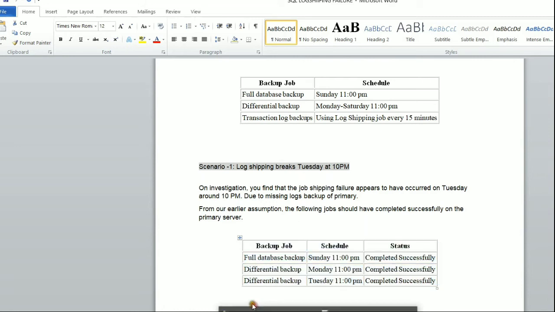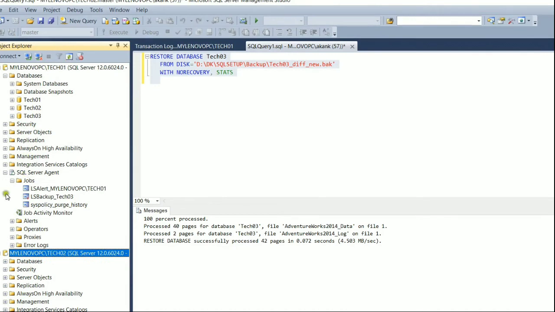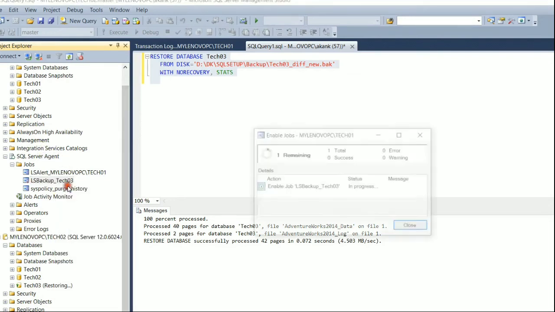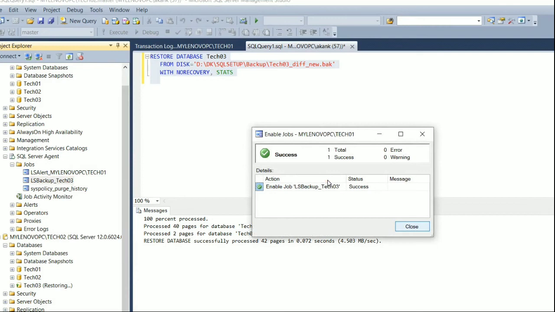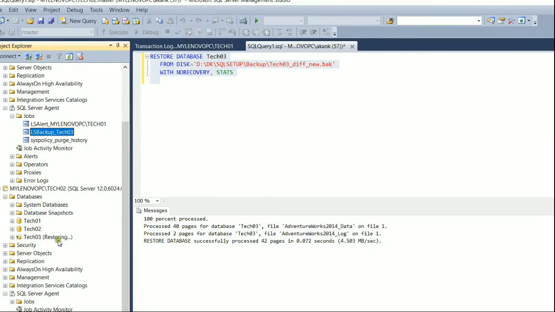So this is the live demo of how to do that. It will take a couple of minutes and then it will come to standby mode, once it is done with the restoring part. Once it's done, you have to enable all three jobs in sequential order: LS backup, LS copy, and LS restore.